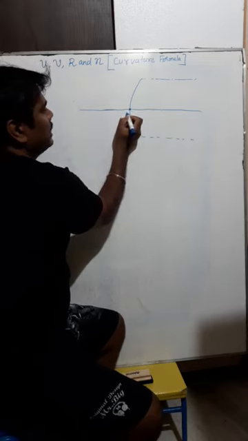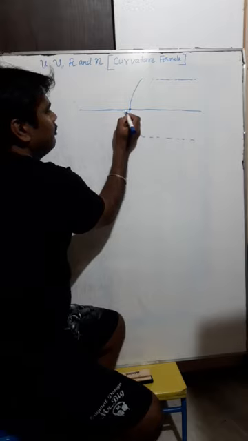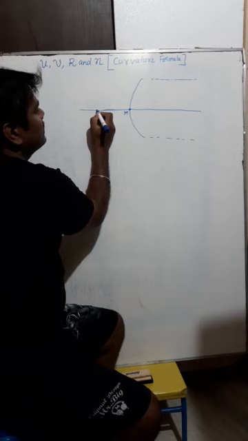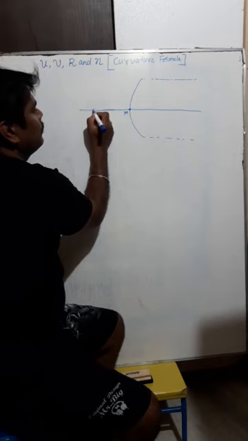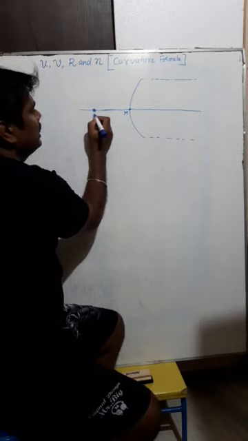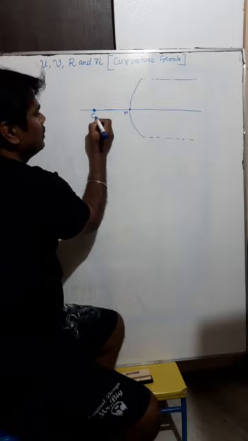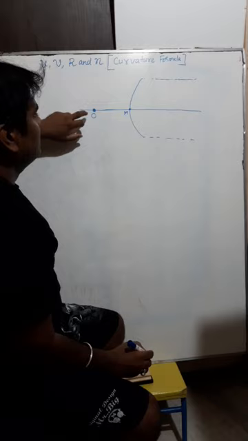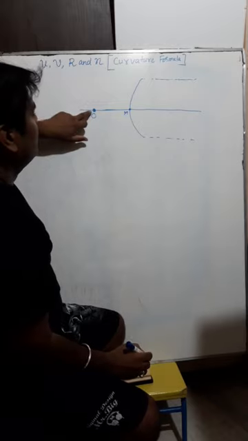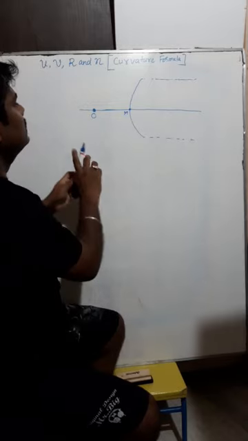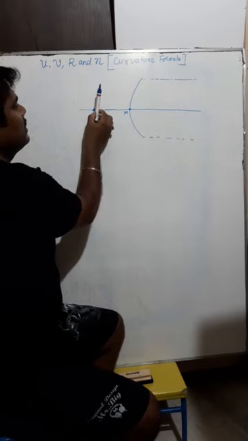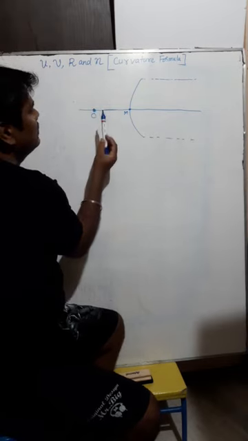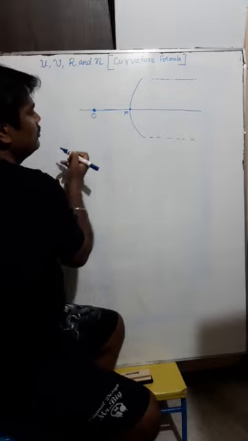Now say this point is M. On the principal axis, let us consider a point object O. Name this point object as O. Why is it called a point object? Because its size is just like a point here. We can also consider a linear object, like a candle, which is considered a linear object. For this derivation, we consider a point object O.